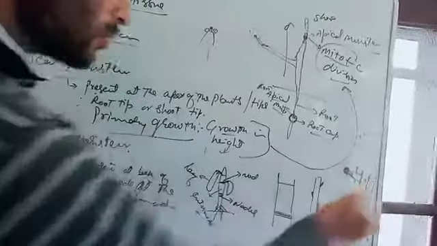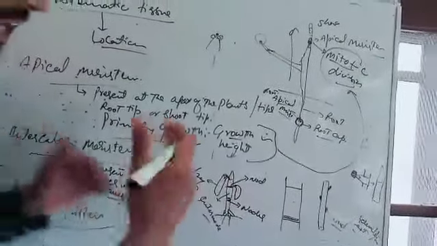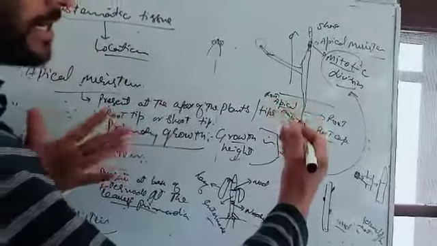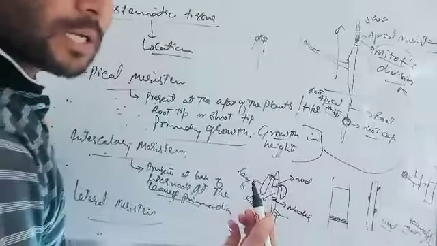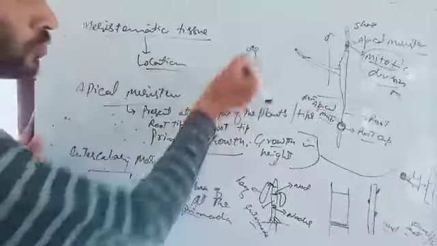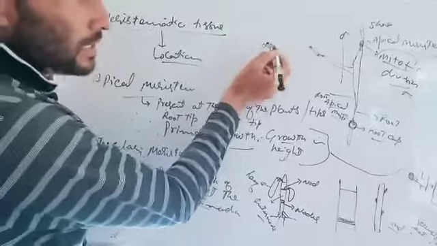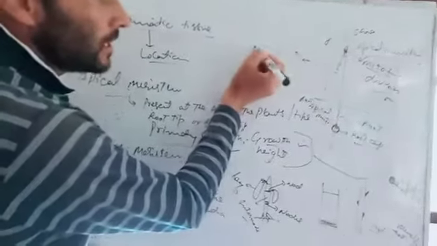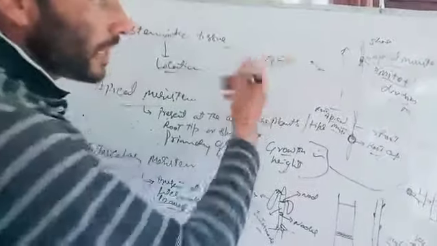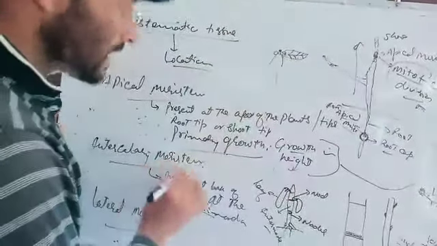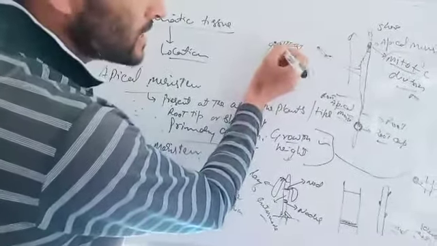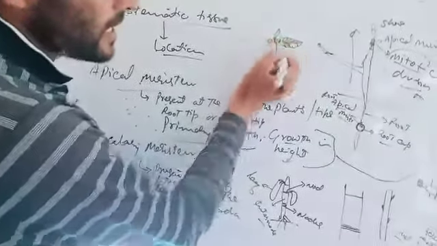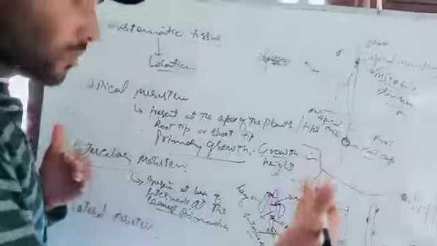This also results in primary growth, that means growth in height. When the internodes grow in height, it results in the primary growth of the plant. That means they are also responsible for the primary growth of plants. In the case of leaves, what will these intercalary meristems do? In the leaf primordia, the intercalary meristem increases the surface area of the leaf. That means the leaf becomes bigger and bigger. Due to the presence of intercalary meristem, it increases the leaf surface area, due to which the leaves become enlarged.